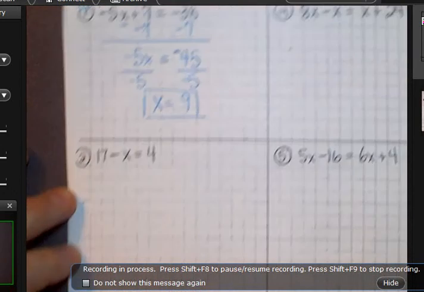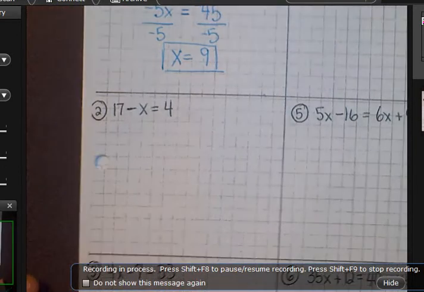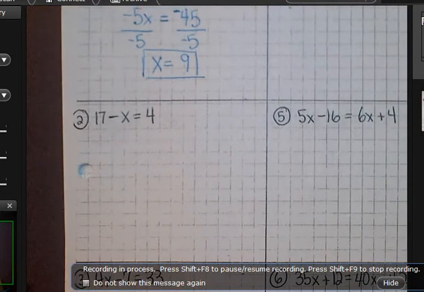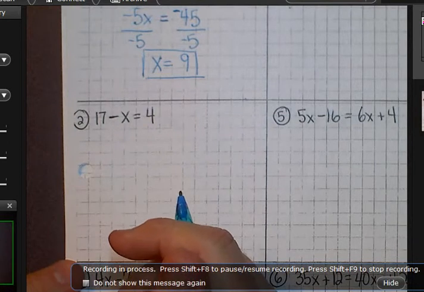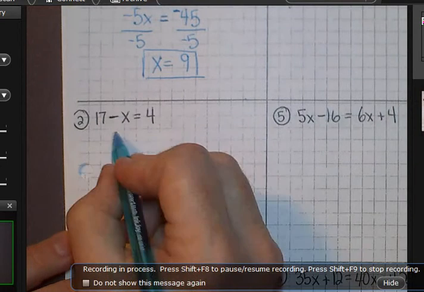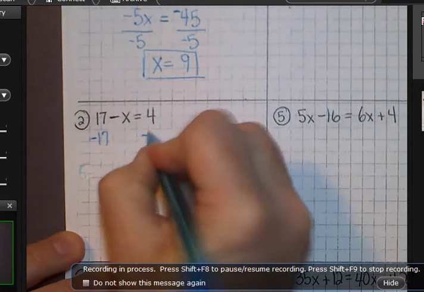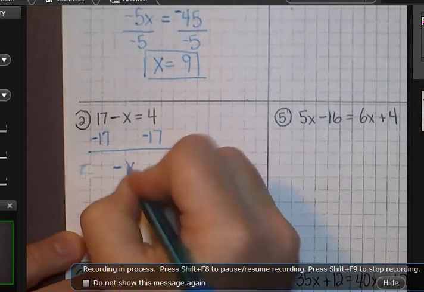Okay, question number 2. We have 17 minus x equals 4, and when we went through these questions and we graded them, a lot of us got confused because of the negative in front of the x. We didn't know what to do with it, so pay attention to what's happening with that negative in front of x. The first thing I'm going to do is subtract 17 from both sides. Carrying down the result, don't lose that negative, it's still there in front of the x, so it's a negative